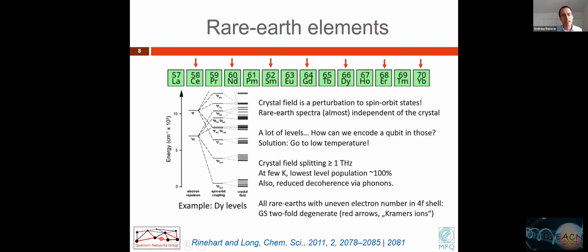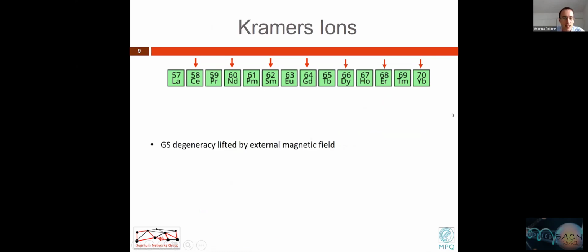basically you have one unpaired electron, and this means you will have a strong magnetic moment, and the levels will be two-fold degenerate and only split in a magnetic field, right? And these ions, all with uneven electron numbers, are then called the Kramers ions, because Kramers theorem dictates this two-fold degeneracy. Okay, so there's two fundamentally different types of ions. There's the Kramers and the non-Kramers ions. Let's first look at the Kramers ions.